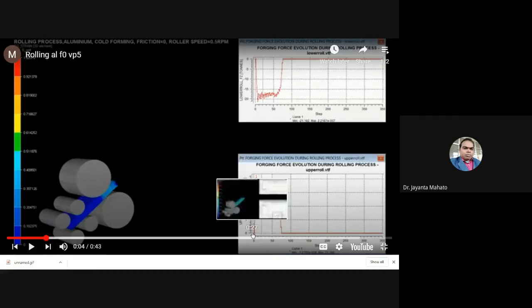Here, force is required, and the force automatically increases in the case of the upper roller. Actually, a force sensor is connected with the roller. This sensor will sense how much pressure is required, and by giving the dimensions of the sheet metal,